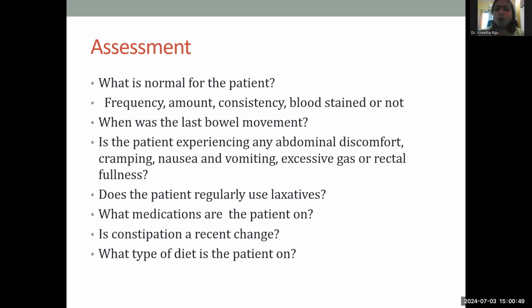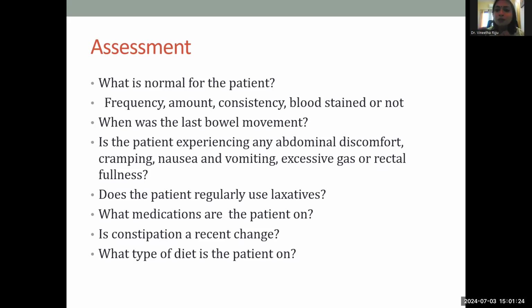I have often had to counsel patients on the use of laxatives because they are very upset if their bowel movements are not right, but at the same time they are very scared to take laxatives. Why they are so scared is because, if you ask them, they will tell you, last time I took laxatives, there were just loose stools for 2-3 days, so I'm very scared. So this is what they tell you.